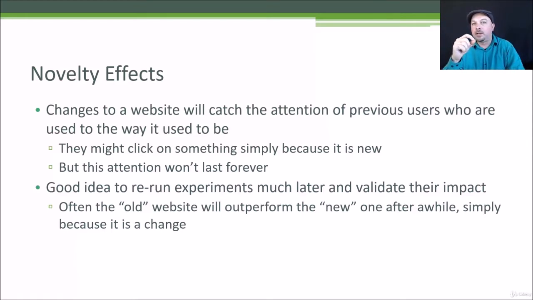But a year goes by, I could probably run another web lab that puts that blue button against an orange button, and the orange button would win. Again, simply because the orange button is different and it's new and it catches people's attention just for that reason alone. So for that reason, if you do have a change that is somewhat controversial, it's a good idea to rerun that experiment later on and see if you can actually replicate its results. That's really the only way I know of to account for novelty effects. Actually measure it again when it's no longer novel, when it's no longer just a change that might capture people's attention simply because it's different.